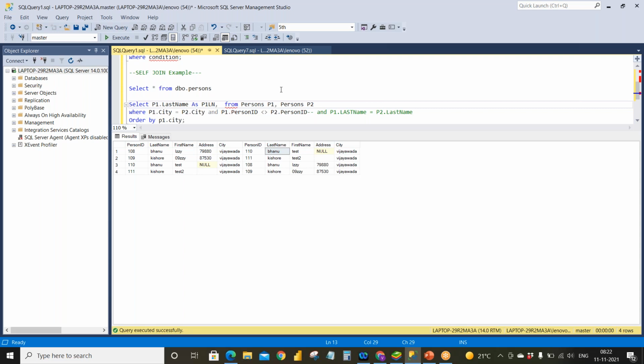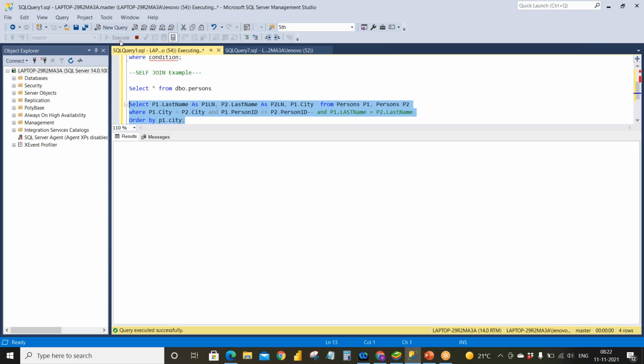Then I want to get the last name of P2 as well, P2, and I want to know the city. City is similar, so we can select P1 dot city or P2 dot city. That's our choice. So let's see how it goes.